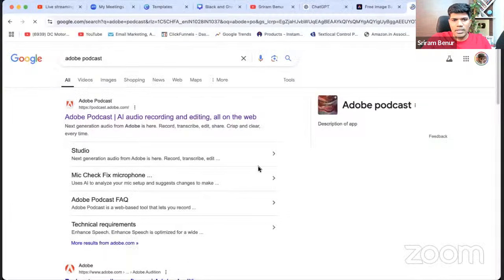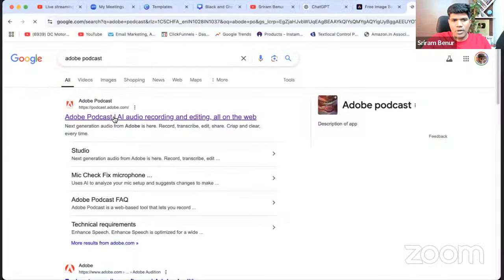How to remove background noise after recording? Most editing software has a noise removal feature now. So you just go to the audio settings and from there you can remove it. If not, you can go for Adobe Podcast. Let me just quickly show you this. Again, this is one of the great tools to remove background noise.